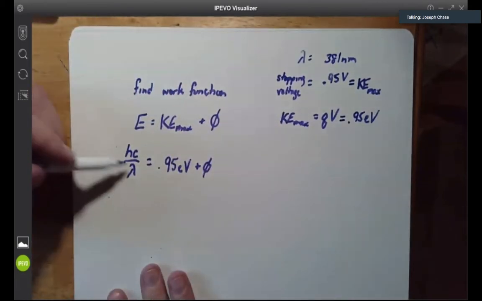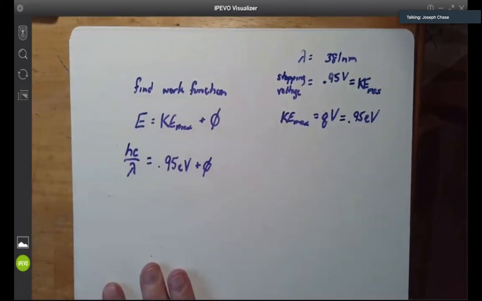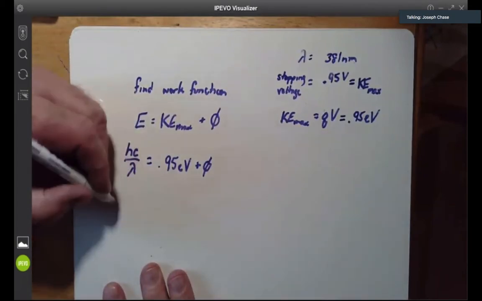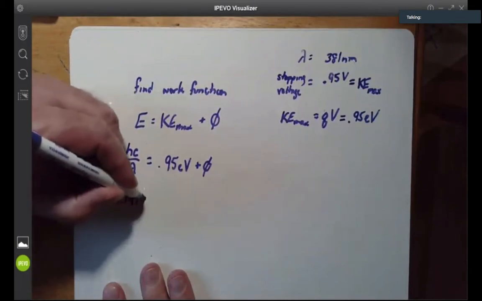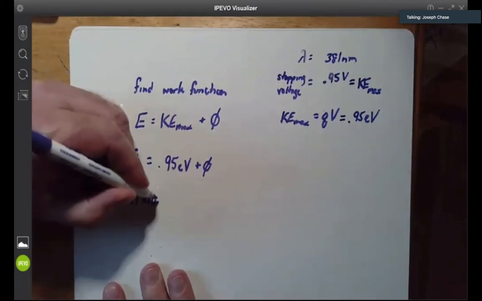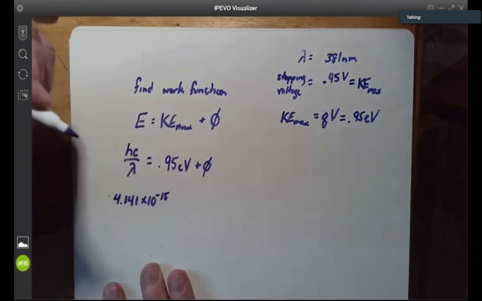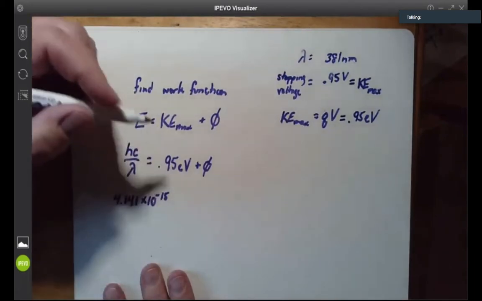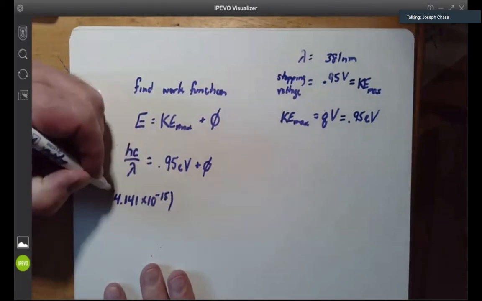So this is what I want to find value for. And when I go back and take a look at Planck's constant, I want to use the one that is in electron volt seconds. So this is 4.141 times 10 to the minus 15, and that's electron volt seconds, multiplied by the speed of light,